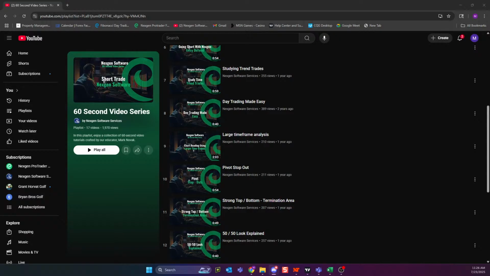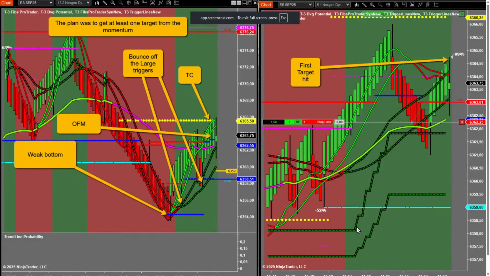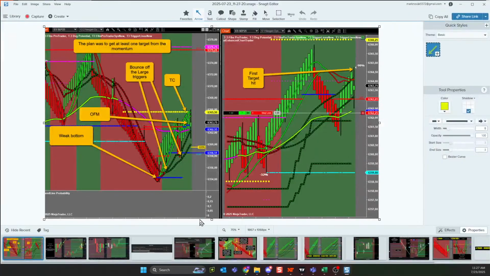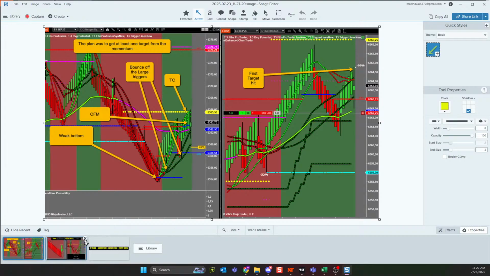And Ollie, you said this is not my trading plan, but price bounced off the large triggers multiple times and triggers were expanding, so I decided to take advantage of this even though a termination condition was present. Let's see what you did, Ollie. Actually, that's a strong bottom. You have all the momentum. You have a termination condition. You had an entry. So, Ollie, you said this one isn't in your plan, right? But you chose to take it anyway? Welcome to day trading, ladies and gentlemen.